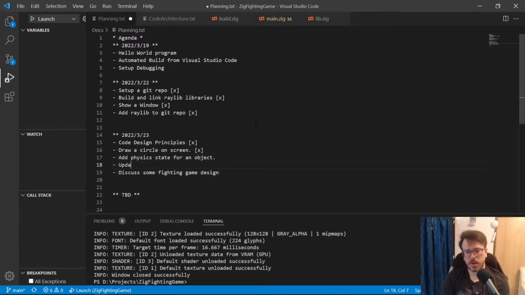Let's just say move object to frame. Okay. So we're going to add a basic position, velocity perhaps. Well, for now, this is the position, and we'll update that position each frame, and